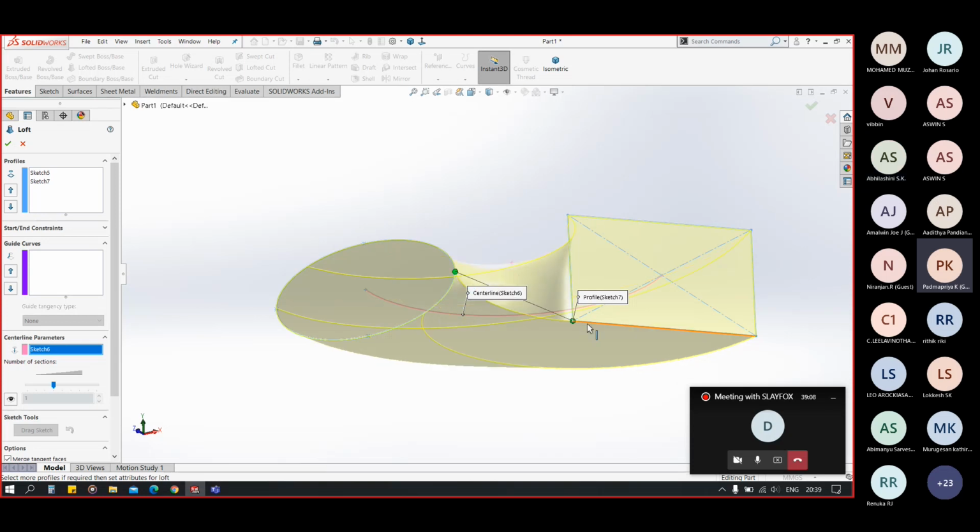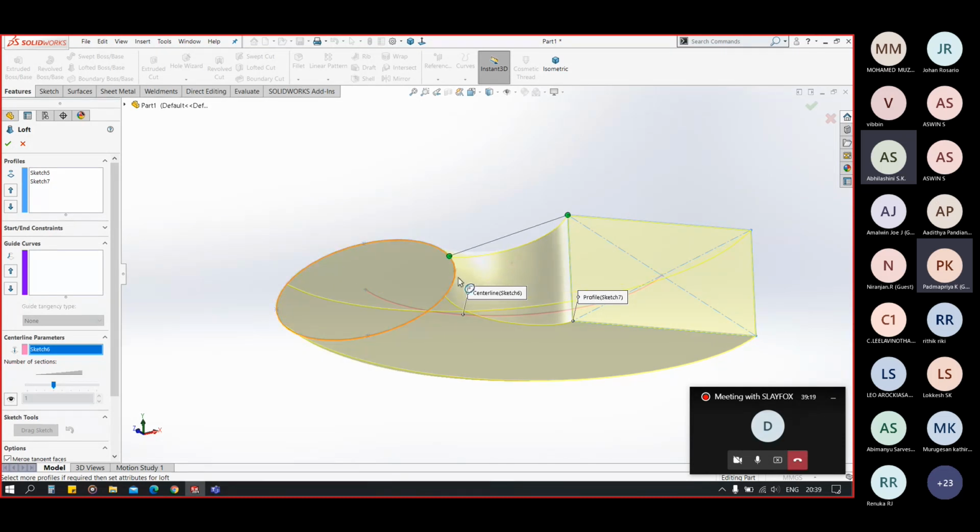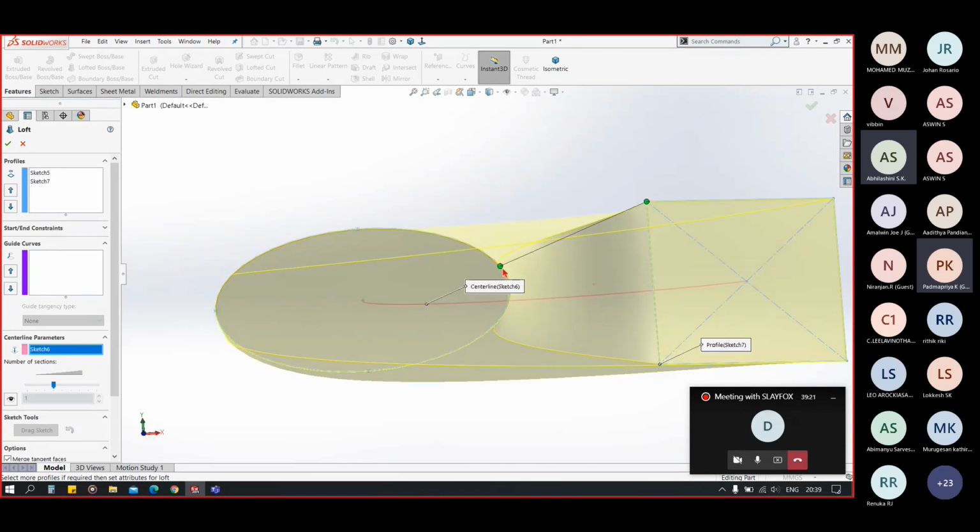Now you can see I have these green controls to control my profile twist. So I am making this approximately equal.